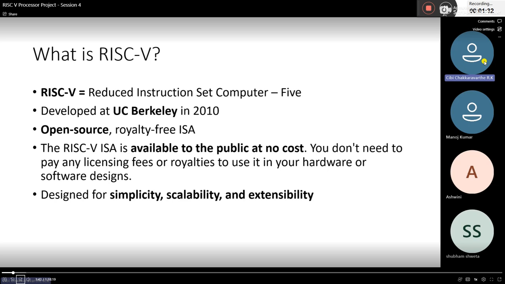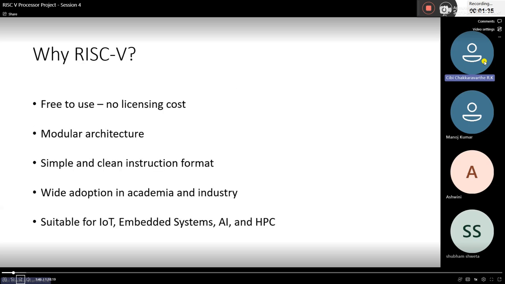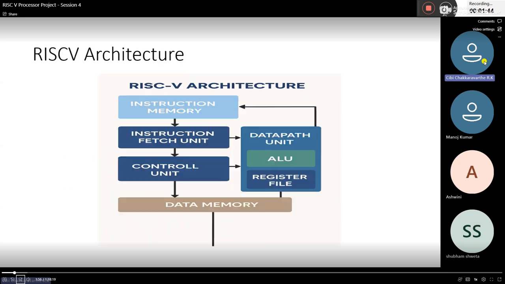And one more thing, RISC-V is being updated. It is like the fifth generation, and it is used in a lot of places. And this is the RISC architecture. As I told you before, the instruction memory will store the instructions, and to fetch that instruction we have the instruction fetch unit, and then